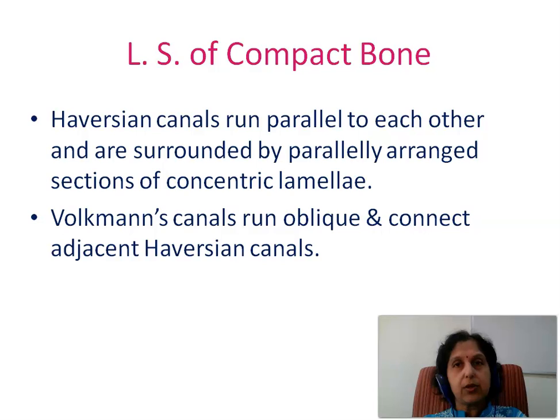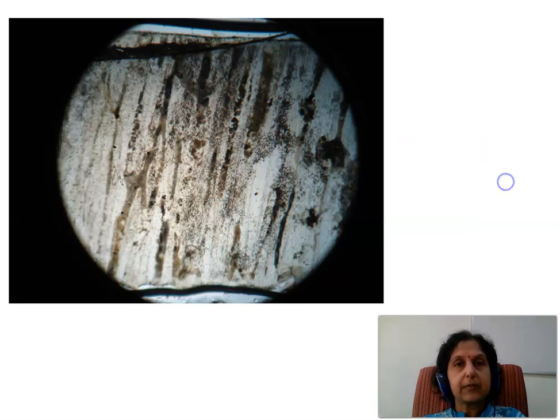Longitudinal section of compact bone. Haversian canals here run parallel to each other and are surrounded by parallelly arranged sections of concentric lamellae. Folkman's canals run obliquely and connect adjacent Haversian canals. This here is a low power view of a longitudinal section of compact bone, and what we see here are